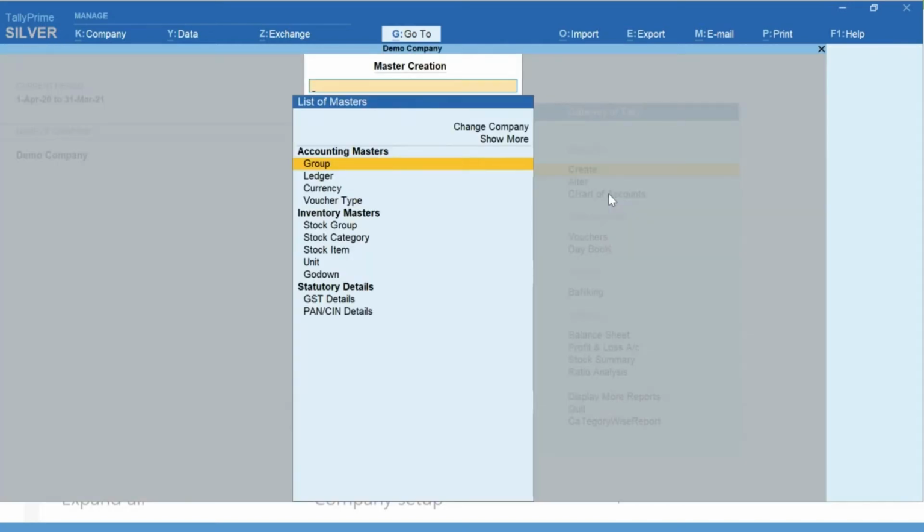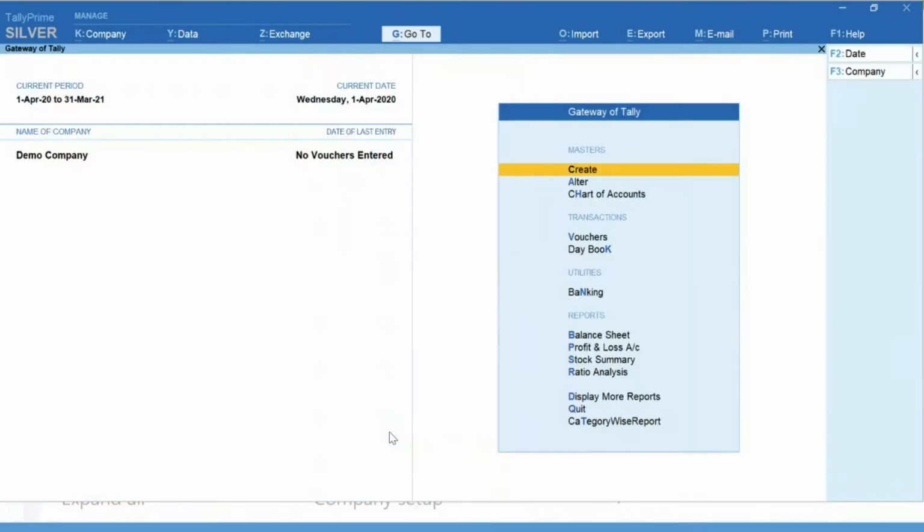The moment he clicks on the Create option, again the user will get a table. On this table easily he can find out. For example, let's say now I want to create a conveyance ledger. So user would like to create. The moment you say Create, yes, there is a Create button here. The moment you click on Create, you will relate.